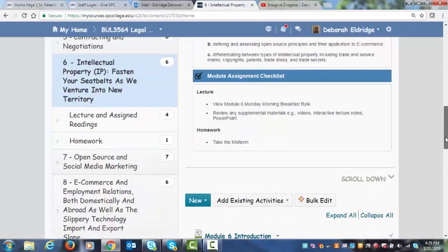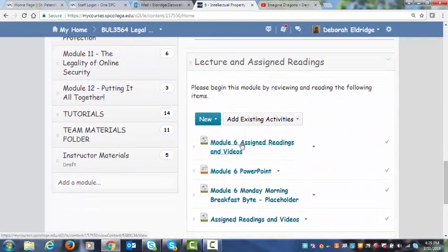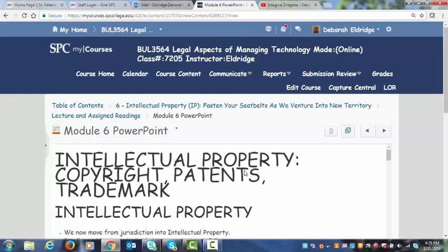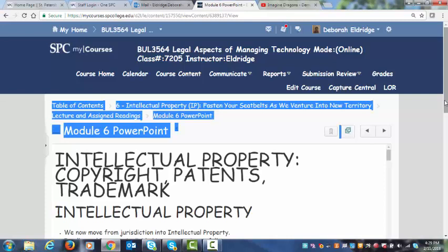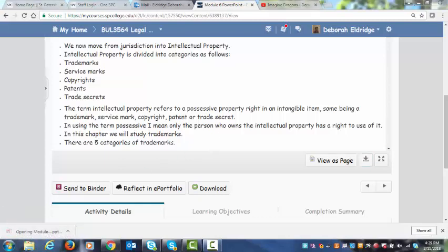So when we talk about intellectual property rights, I'm just going to quickly pop up. Don't forget to do your Module 6 assigned readings and videos. Just go ahead and pull this up real quick, just so I can give you a basic breakdown. So when you look at the PowerPoint, which is coming